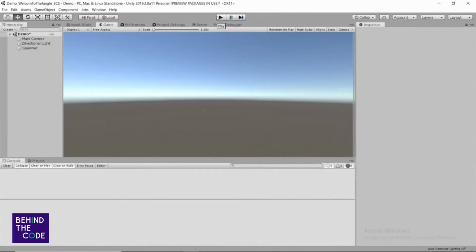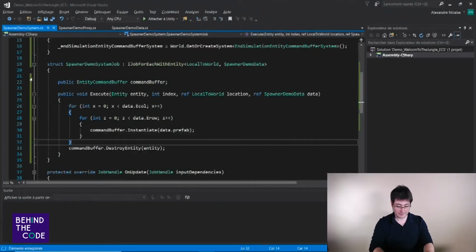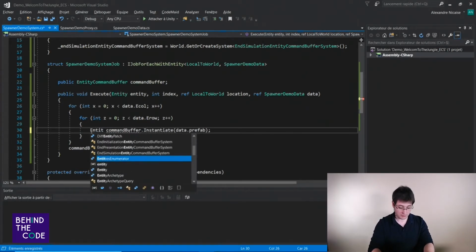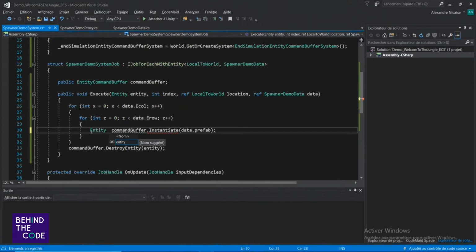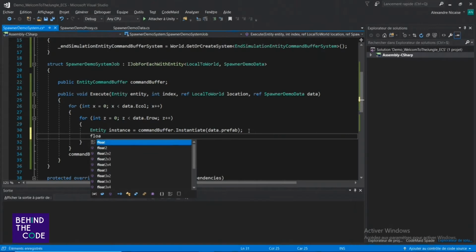But now, how can I put my entity like the last time with my demo, where you have a square of entity. So here I will store my entity. Entity. No, not entity, but instance prefab. Yep. And I will create a position.